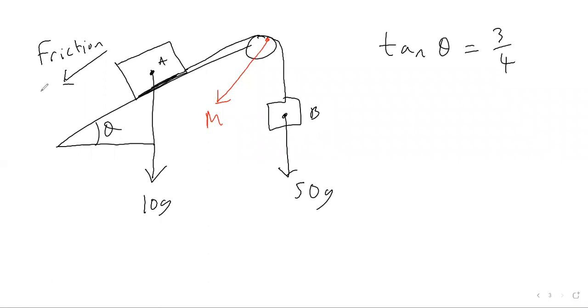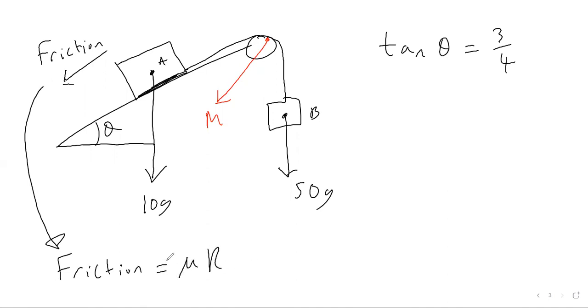So I'm actually just going to write this down here. We know our formula for friction is that friction equals mu times R. The reason why it's equal to mu times R, not less than or equal to mu times R, is because we're going to assume that the connected particles are moving. So when this A block is moving upwards and the B block is going downwards,